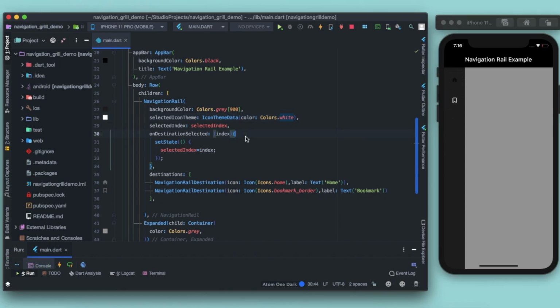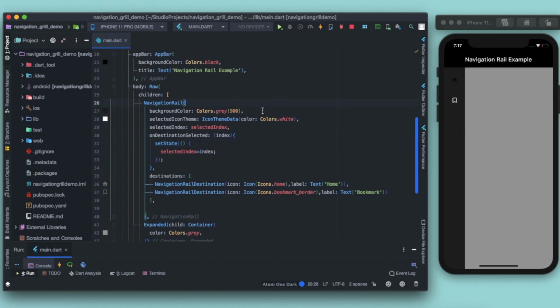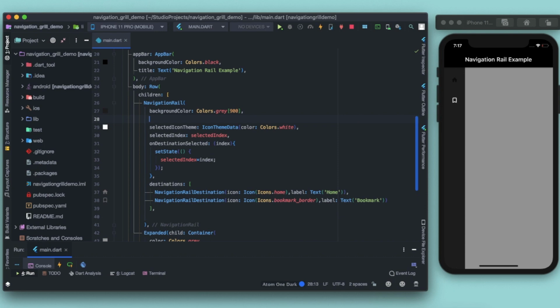Okay, now you can see that we gave some label to it, and we can't see the label. Why? Because it is hidden, or you can say that we need to enable it. We have a label type, right? What kind of label do you want? You can choose either to show the labels on each icon, or to show the labels only when the icon is tapped, right? I'll show you.